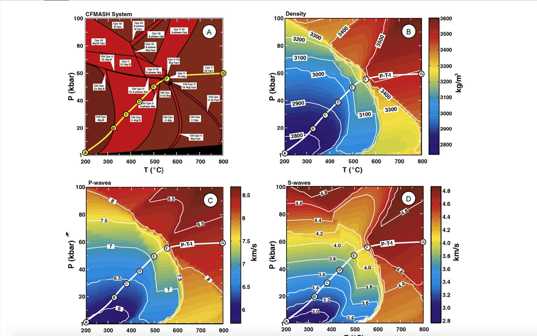But for you, I like to show you what application is behind what you have by now learned in class. So, and then you can calculate such a PT pseudosection, and we will do this in both